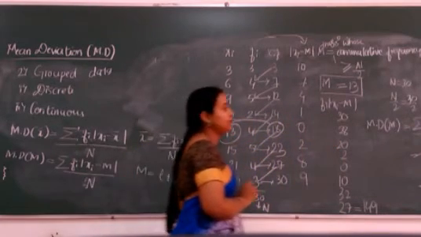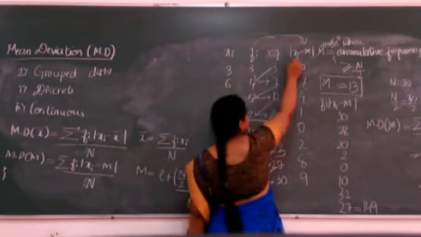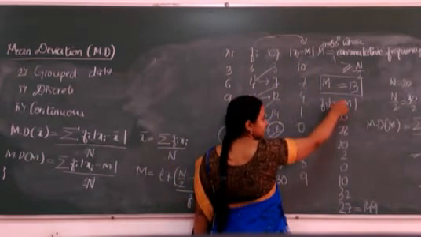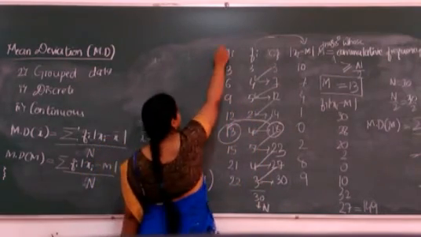So once we know our median, what will we do? We will calculate the deviation, then fi into deviations, and finally substitute and we will get the answer. I hope everyone is clear